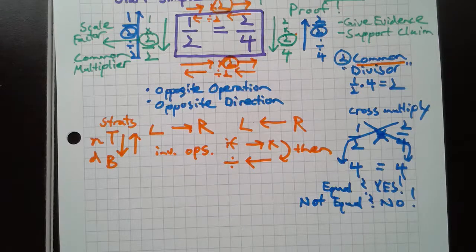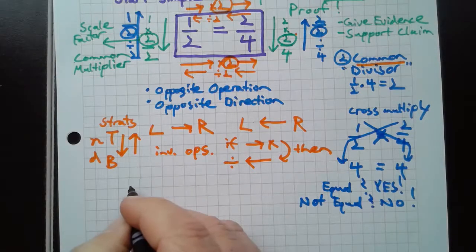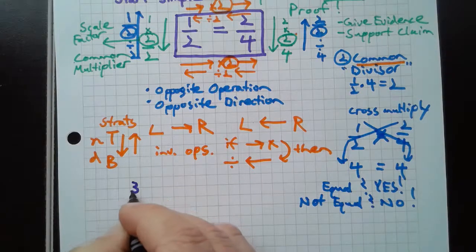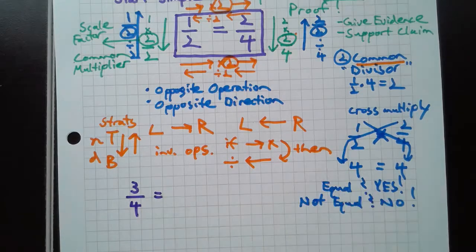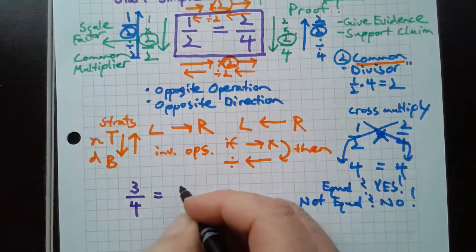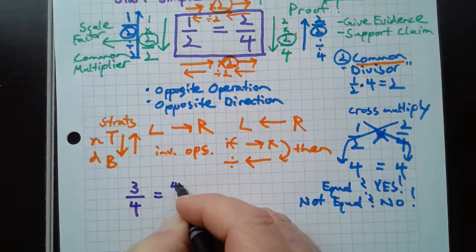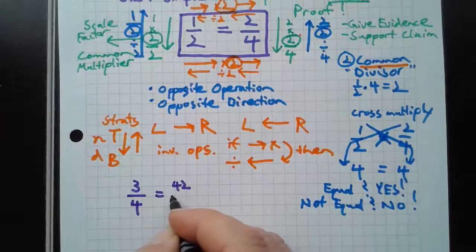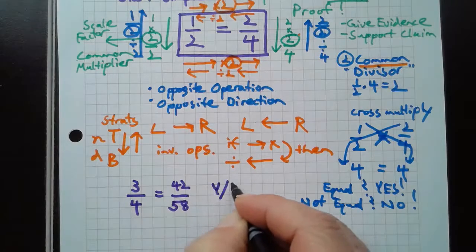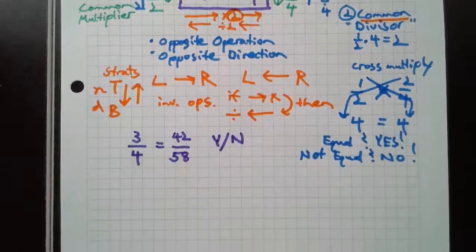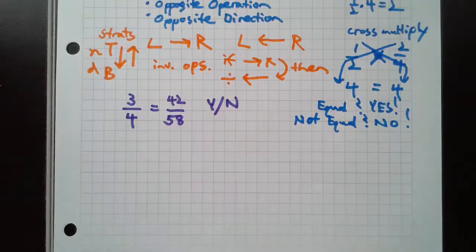Give me one. Give me one. What should I use? 3/4 equals 42/58. Yes or no? So if this was a problem on a test or in a book, you would say